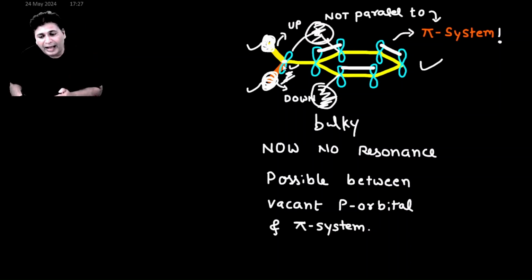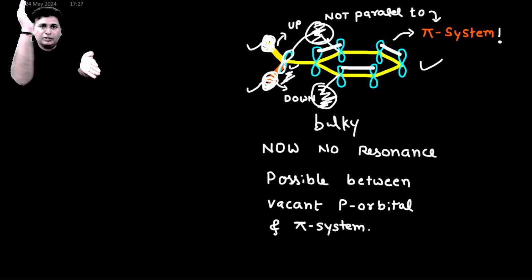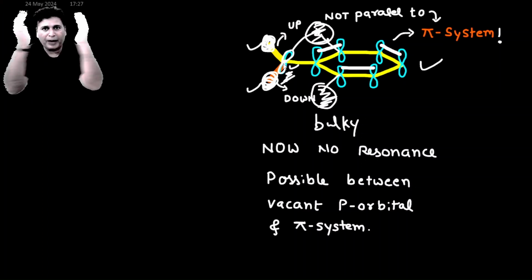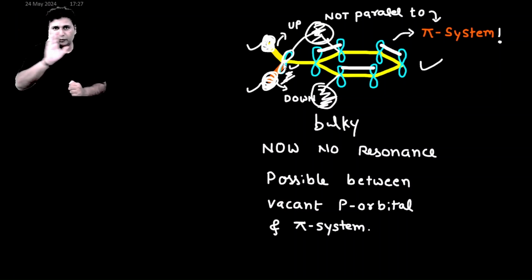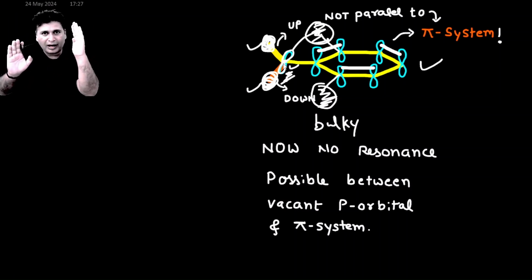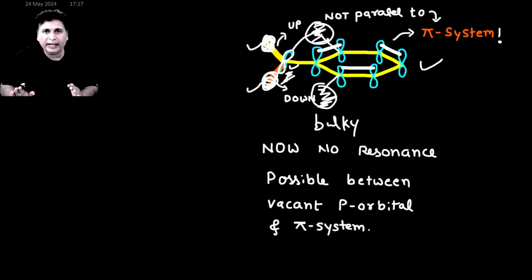This was the pi system, 6 p orbitals making a pi system, and this was a vacant p orbital. Earlier, in the absence of the crowding effect, all were parallel to each other,